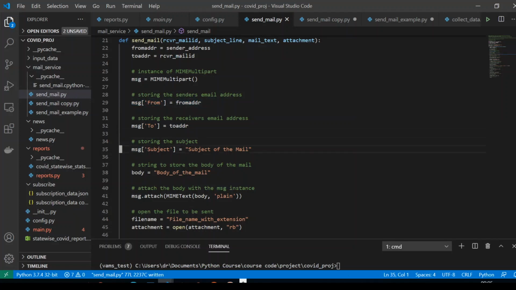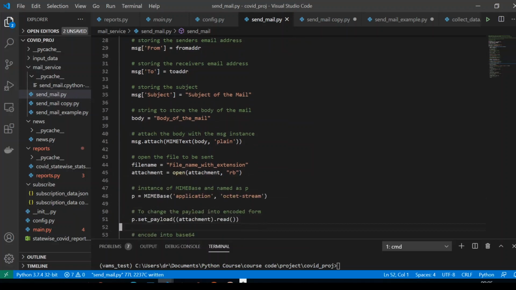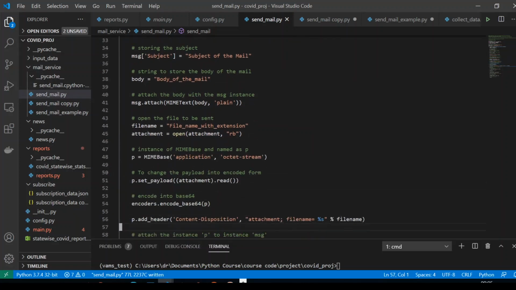It's very easy to understand. Then you also have the body, and you just attach to that particular message the body of the message. This is not the attachment that we are sending. It is the body, that is the news part and other things.